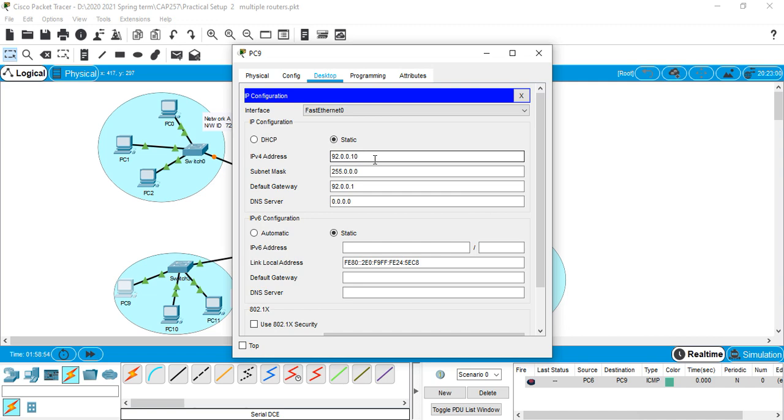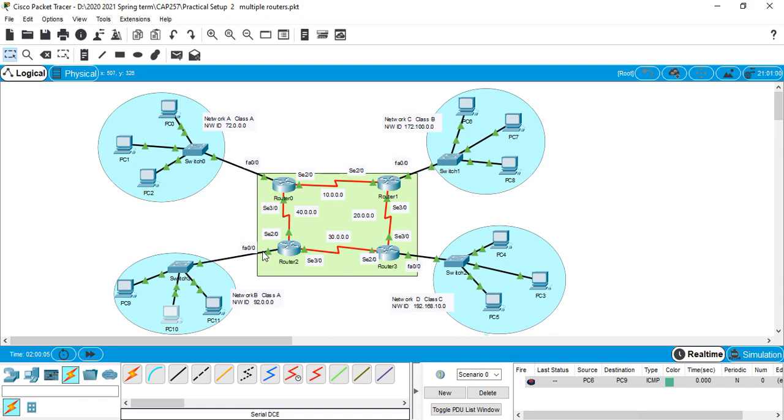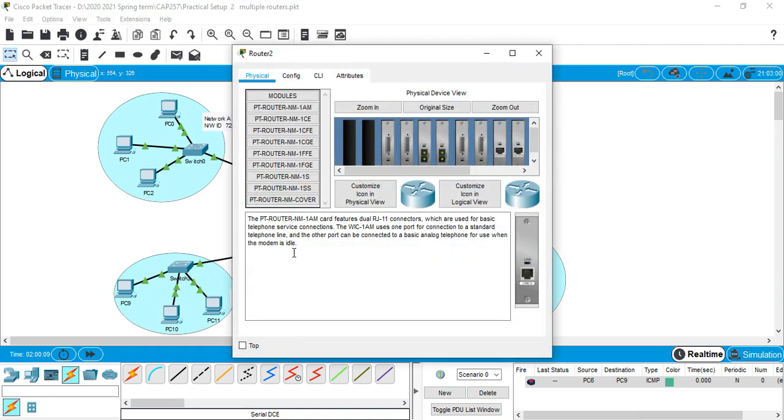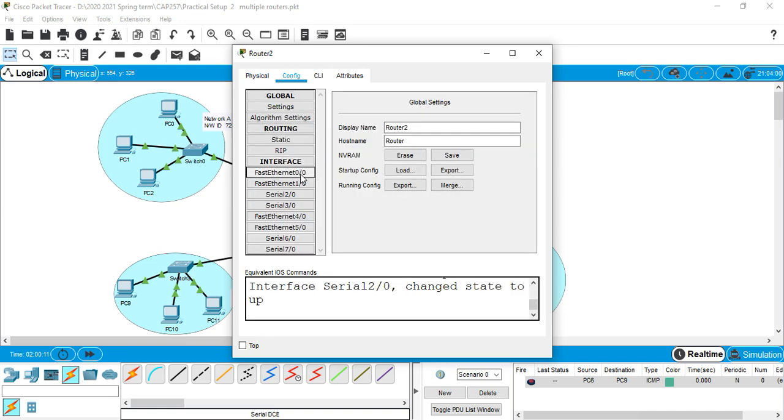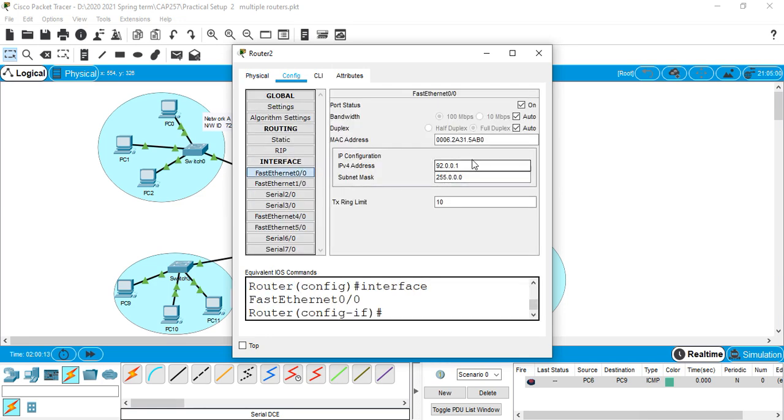These three IP addresses are not to be assigned to any of the desktops, and go to the port to which this switch is connected. Click on router 2, go to configuration, fast Ethernet 0/0 and put the same address which we gave to the gateway. Do not forget to switch on the port.